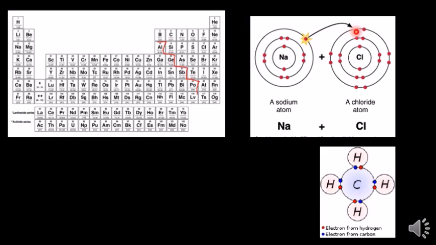And so it's much easier for chlorine to go and steal 1 electron from somebody than it is to try to give up all these 7. And conversely, sodium, it's easier for it to give up its 1 than it is to go and find 7 more. All of them want to get to 8. They all want to have that magic number, that octet number. And so sodium wants to give away 1, chlorine wants to gain 1, and so they go good together,